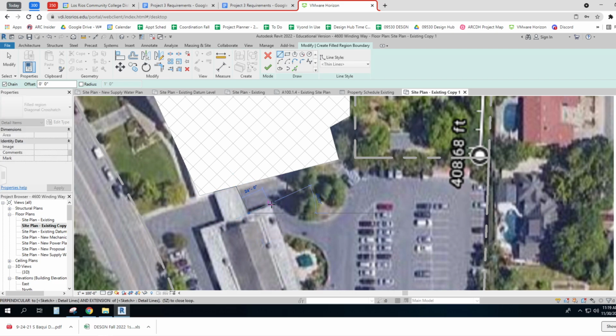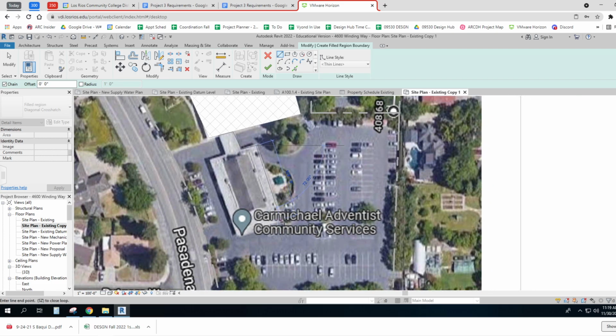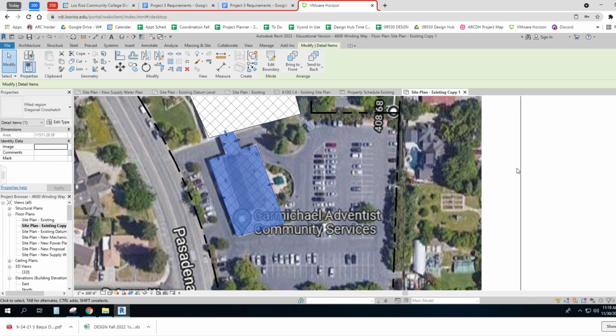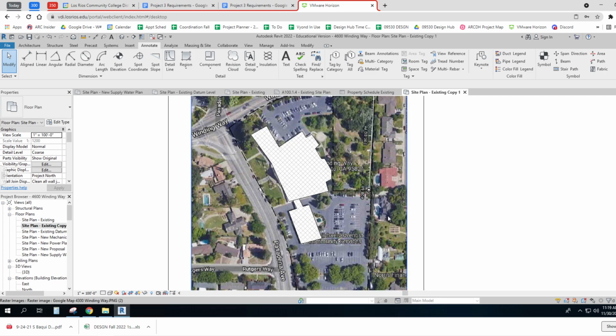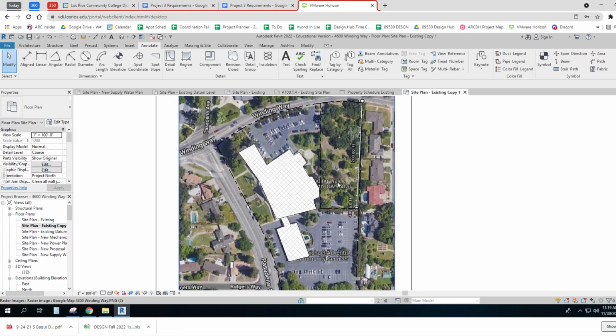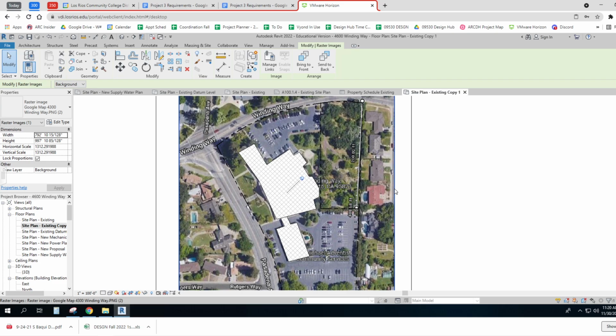And this is the food bank. And you can take a little bit more care than I am to do a nicer job, but this will give you the idea of what it should look like. And then of course you would do the same for the existing buildings on 4632. So now if I hide this,